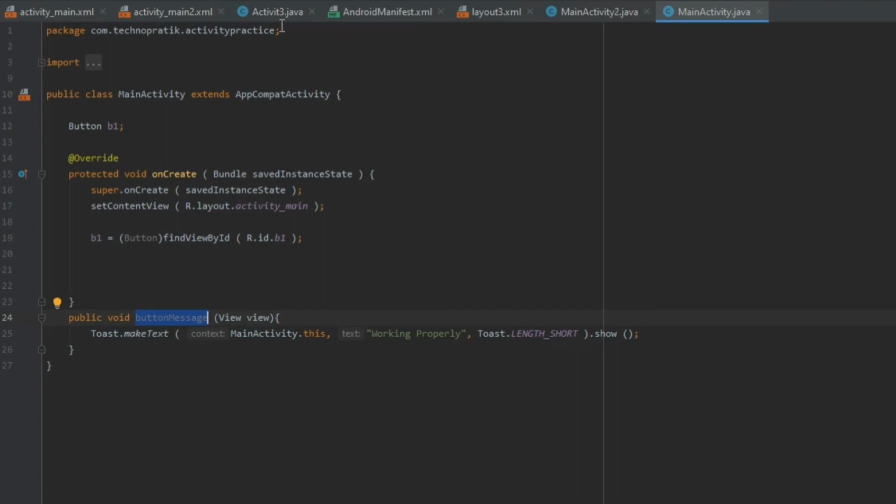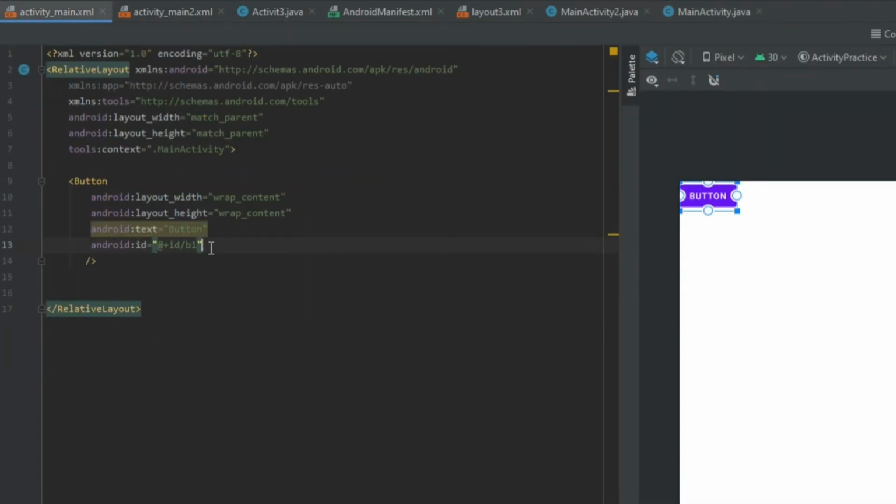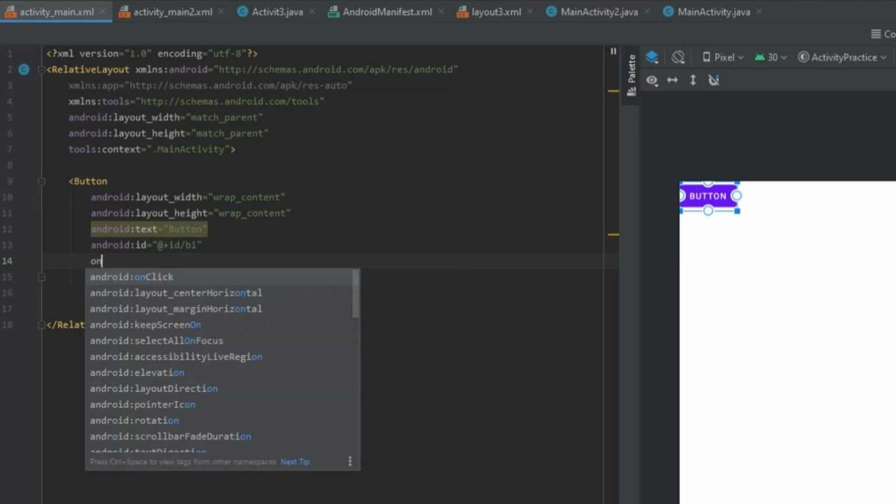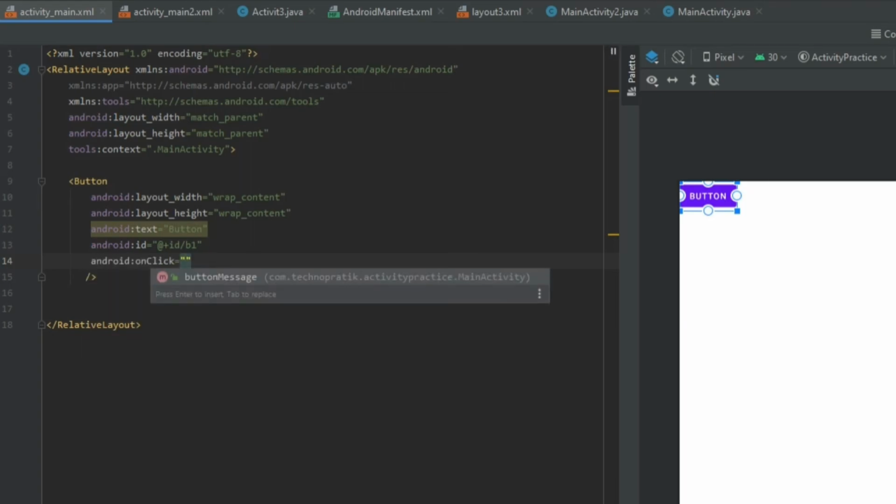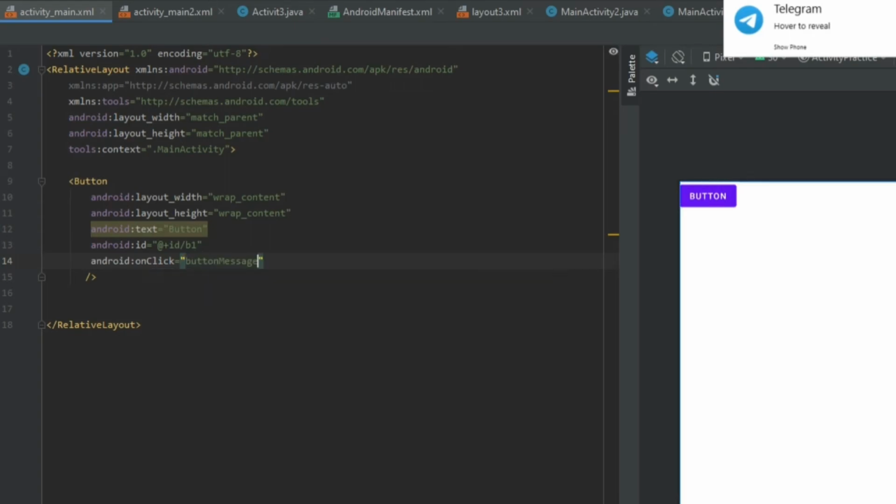Now let's go to XML, and now here we will create onClick, and here we will give our method name buttonMessage.